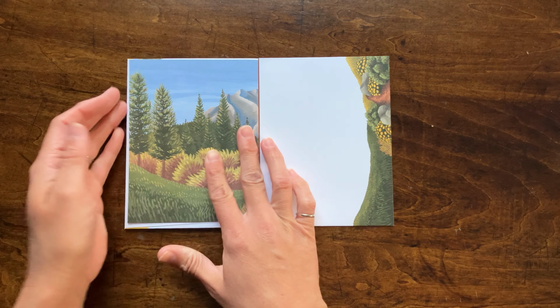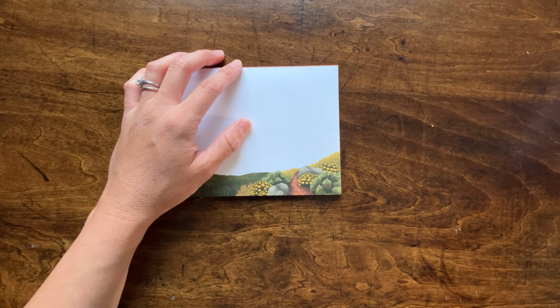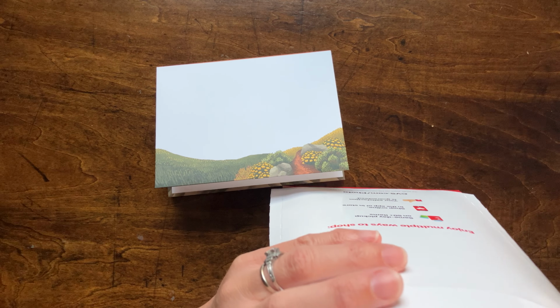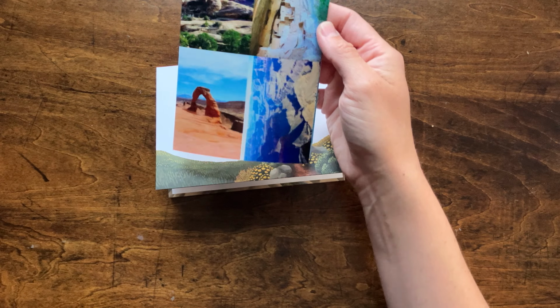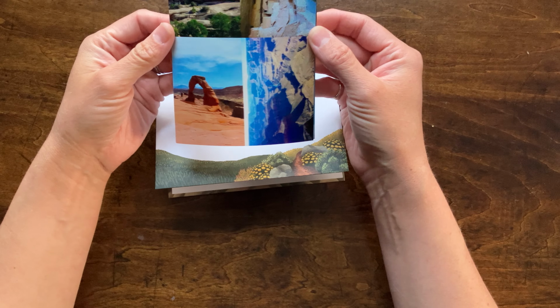I am going to put some photos in this, and then I will show you my finished project on a little show and tell. But real quickly, so you can see what I do with photos, I get mine from CVS. You can get them anywhere you've got one of those photo machines that allows you to select your prints. And what I do is what's called mini prints. Not every machine lets you do this, but these are 4x6 photos, so standard size,